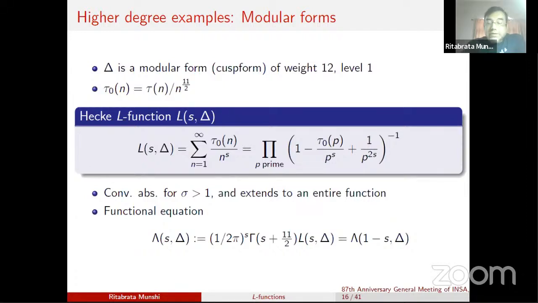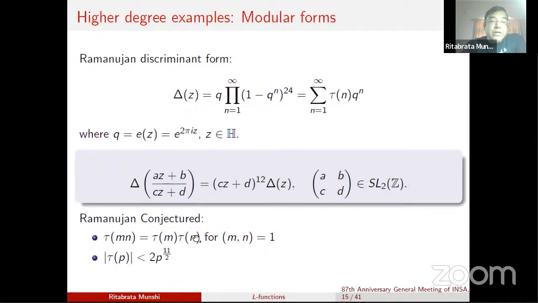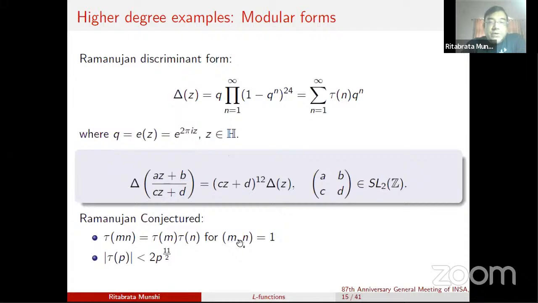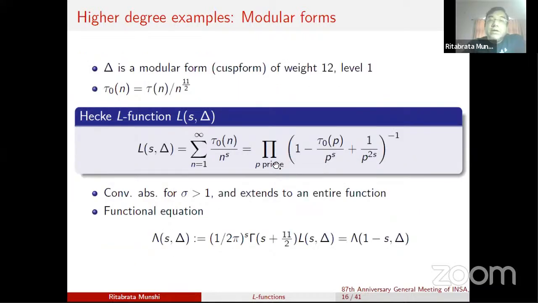And he showed, and this is equivalent here, something much deeper than just the fundamental theorem of arithmetic. It's actually equivalent to this multiplicativity over here, so that this has an Euler product. I didn't write down what happens when m and n are not co-prime. Then it satisfies a recurrence formula of degree 2, and that's why here the Euler product is not of degree 1, but of degree 2. So this is an example of a degree 2